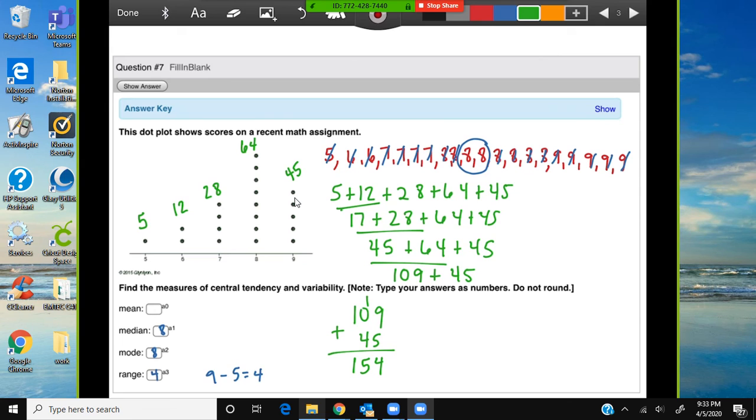Now we're not done yet. Now we need to divide them by the number of scores, which was 20. So 154 divided by 20. 20 cannot go into 1, 20 cannot go into 15, and 20 can go into 154. 7 times 20 is 140. We subtract